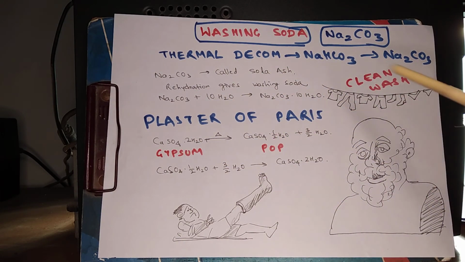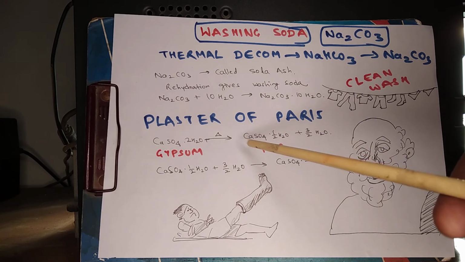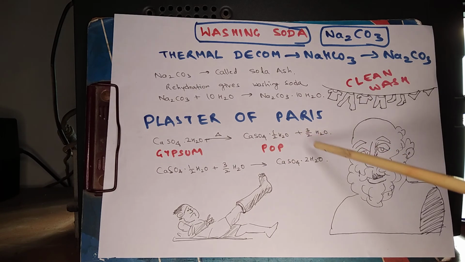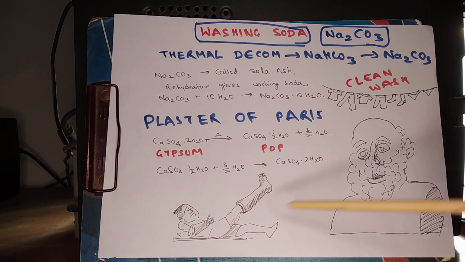When it is heated, 1.5 molecules of water are removed and it gives CaSO4·½H2O, that is plaster of Paris. Once you add water to plaster of Paris, it once again becomes hard. So plaster of Paris is in powdery form. Once it becomes gypsum, it becomes hard. The beauty of plaster of Paris is it sets very quickly, and that is why it has wide applications in making plaster casts for fixing fractured bones, for making statues, for making false ceilings, plaster, and so many decorative items.